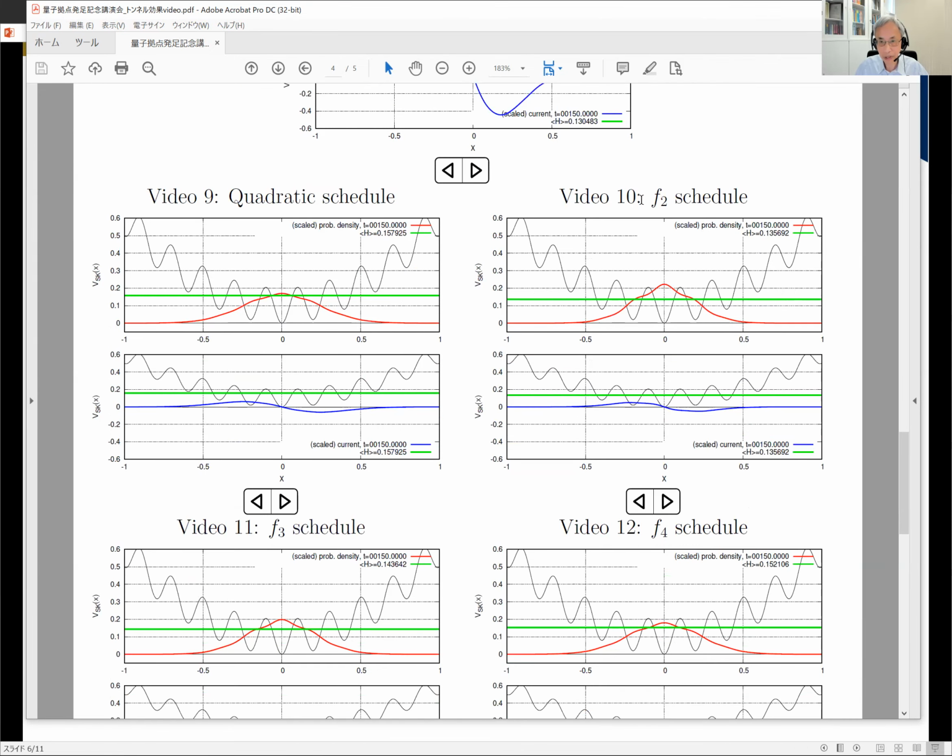But if we adopt an F2 schedule in which the first derivatives at the initial and final times are 0, then you see, even with the same short annealing time, 320, the current becomes monotonic in the sense that for positive x, the current is negative, meaning that probability flows into the center. And the same is true for negative x. So this boundary cancellation method leads the system more efficiently by making the probability current monotonic,